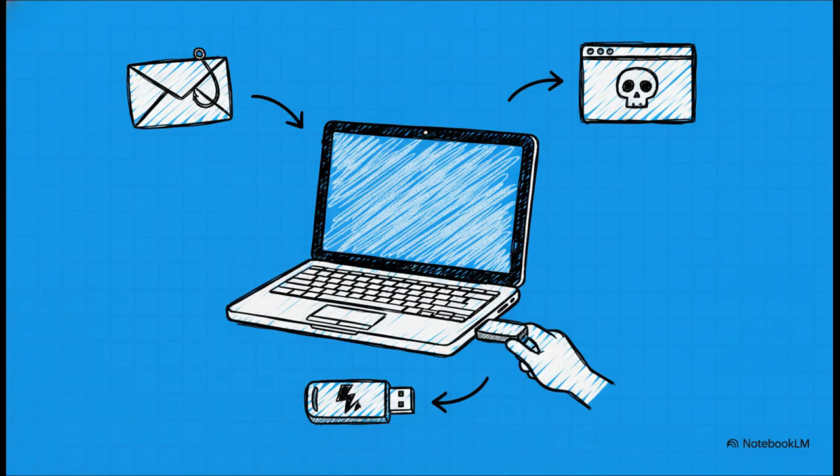So how does this nasty stuff actually find its way onto our devices? Well, the scary part is it's through things we do every single day. You might visit a website that's been compromised, or you get one of those super convincing phishing emails. Heck, it can be as simple as finding a USB drive in a coffee shop and plugging it into your laptop out of curiosity. All of those are potential open doors.